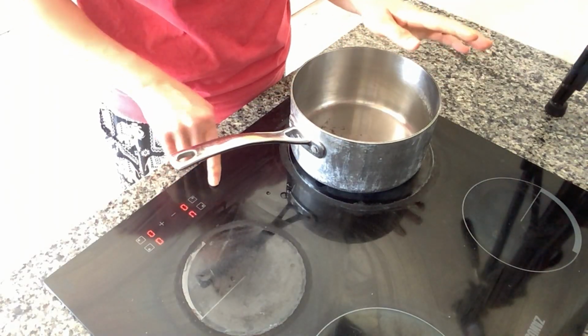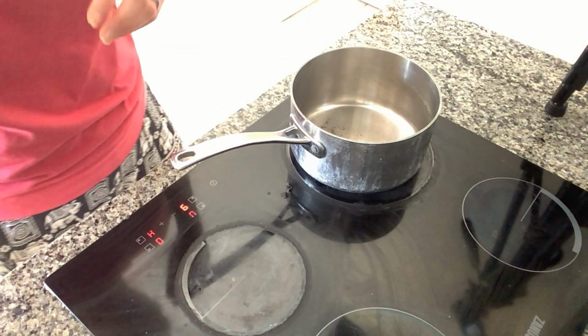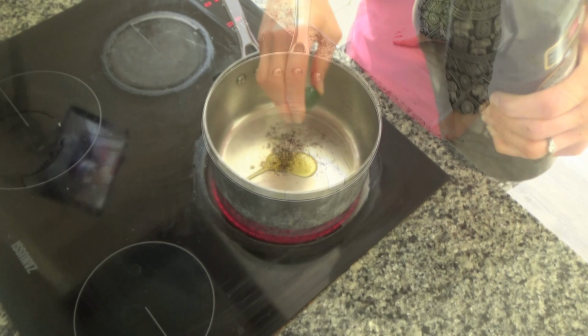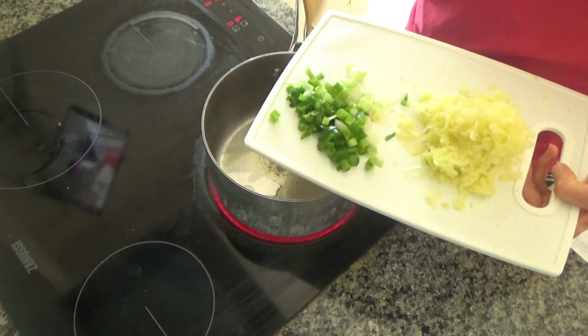The first thing I've done is I've got a large saucepan, and I'm going to put this onto a high heat on my hob, and I'm going to add oil to the base of this pan, and I'm going to leave this pan to heat up. The pan is getting nice and hot, so what I'm going to do is I'm going to add in my